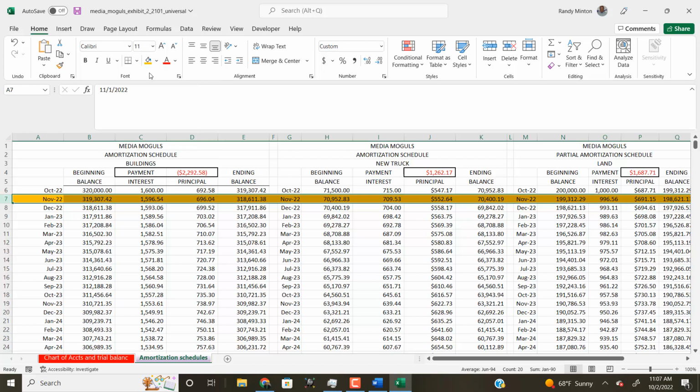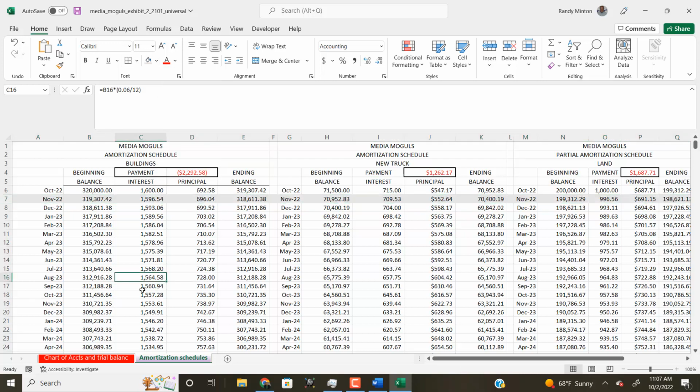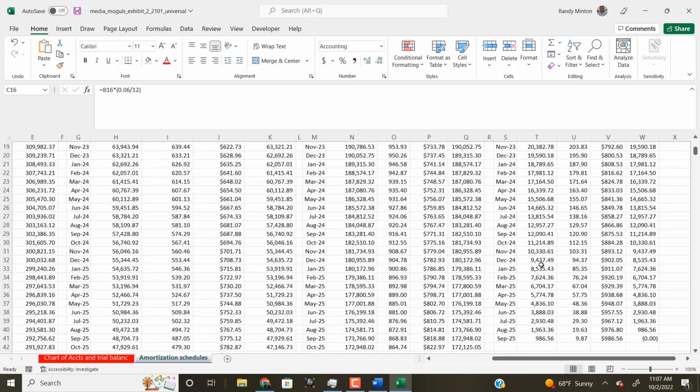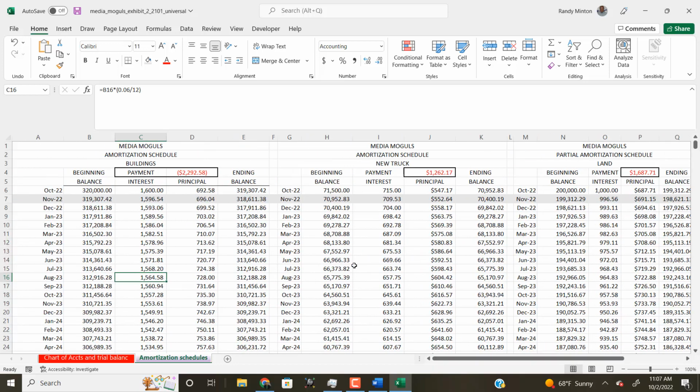No, that didn't work, did it? Let's see. Let's do it gray. Okay, I think that's highlighted it enough. And so I've got all of the November stuff highlighted, and I'll have to come over maybe here and see if I got everything, but that looks about right. That way I won't get into October or December when I try to do my interest expense and so forth. All right,